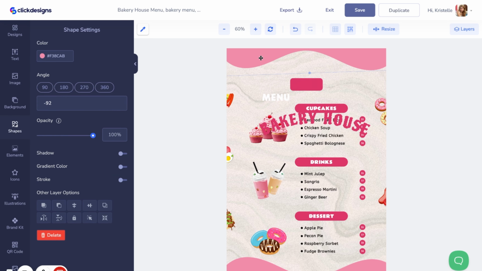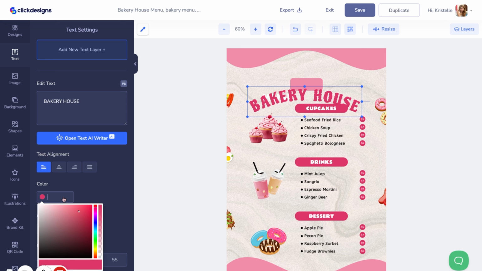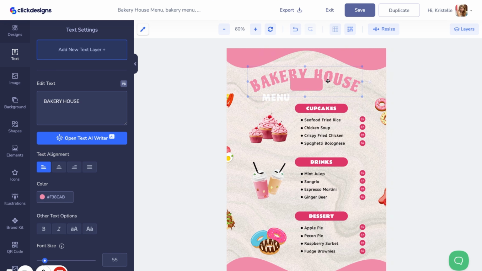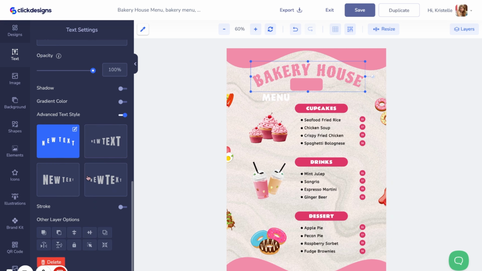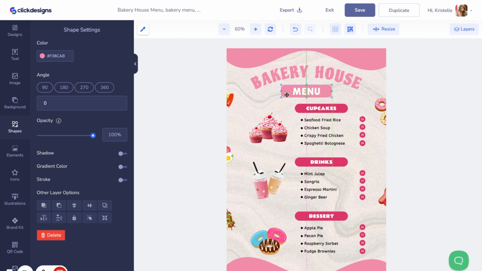Also, I want the shapes to match the color here on top, so I'm just going to match that. Same thing here, I'm just going to change the color of this just so everything is more cohesive, and then I want to add shadow. All right, so I just resized this. I added a slight shadow, and then I just changed this as well,